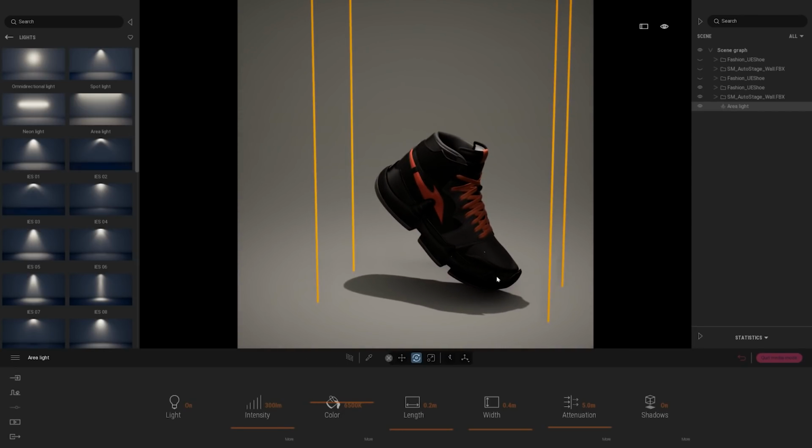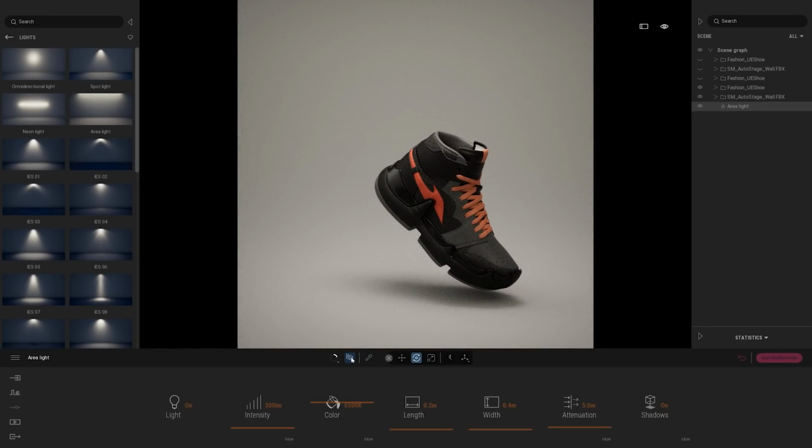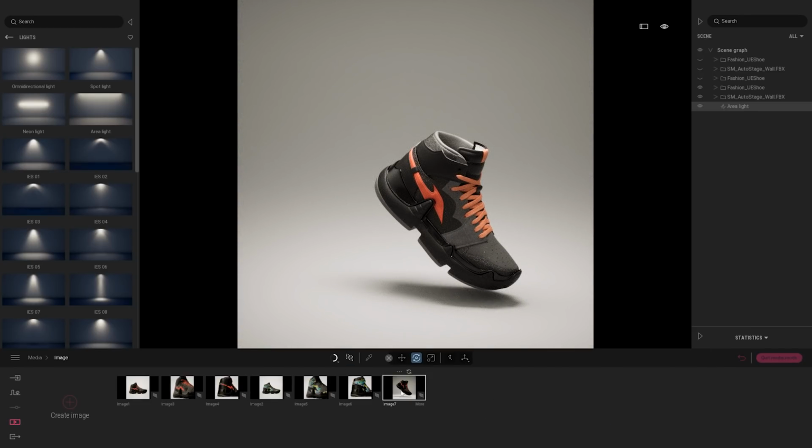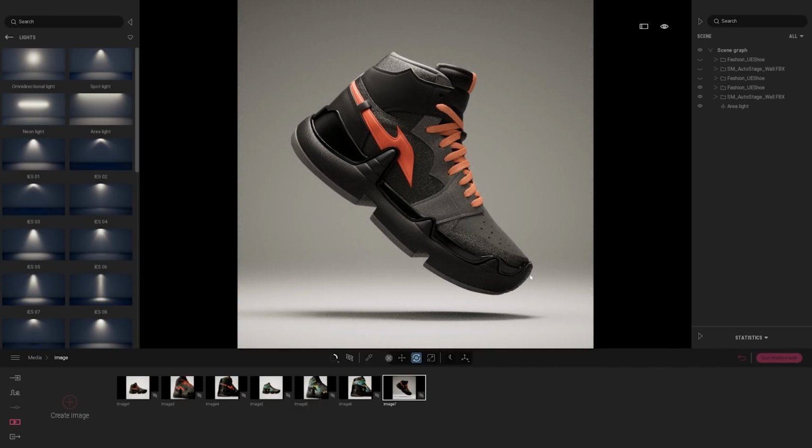And finally, let's turn on the path tracer. Here you can click on that icon to turn it on, but I'm also using R on my keyboard to switch it on. Right now, the intensity of my area light is not exactly what I want, so I'm just going to manually type a value just to raise a bit the intensity. Maybe a bit more. Something like that. Now coming back to my image, as you can see here we have a completely new lighting scenario. And how long did it take to create it? Just a couple of minutes.